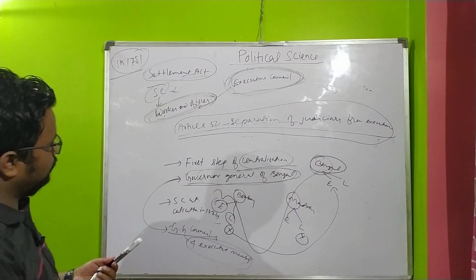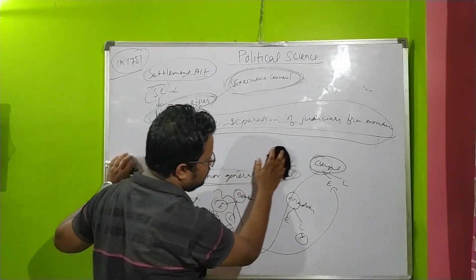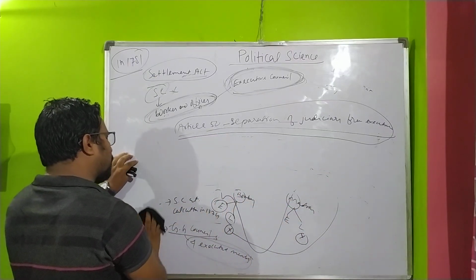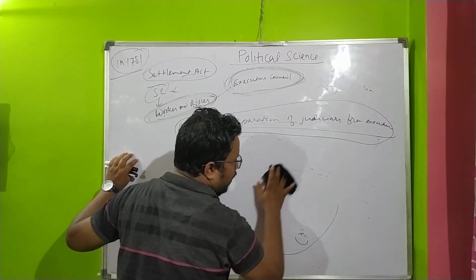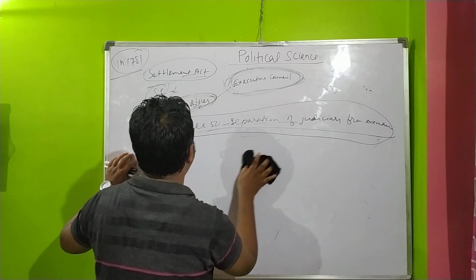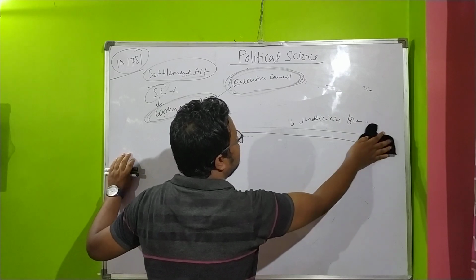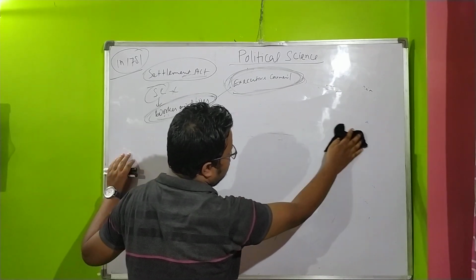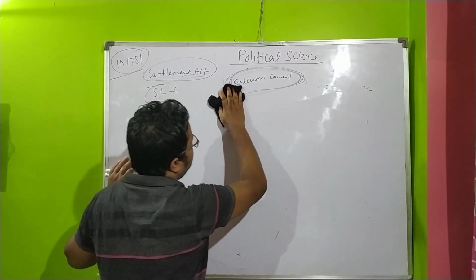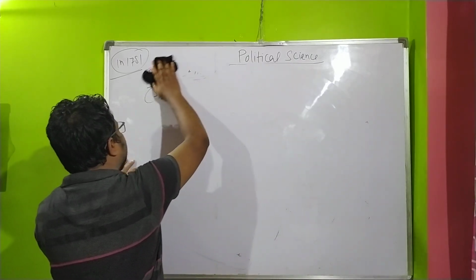Now what happens? The British government was in Britain, in England, and the East India Company was in India, doing trade from 1600 AD. Now the British government was interfering with the work of the East India Company, because of which the Company became angry and was not cooperating with the British government. That's why in 1784,